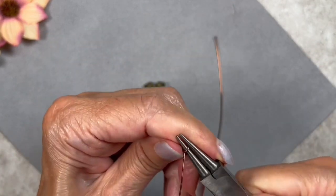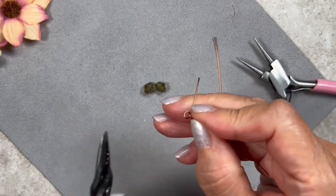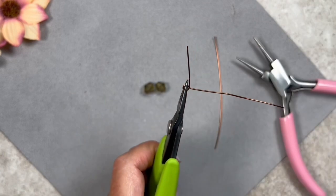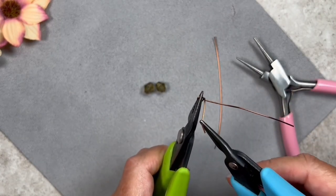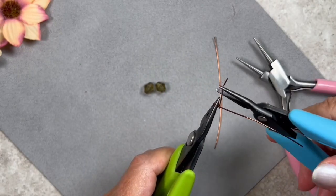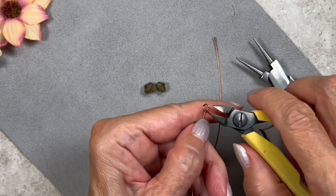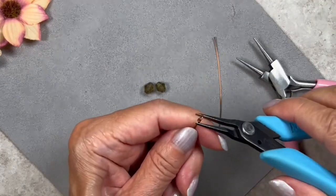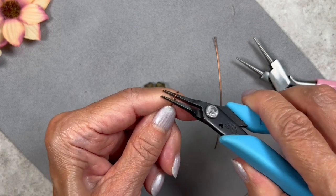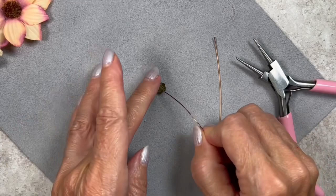wrap it around to the back, grab the loop with some skinny pliers, grab the tail, and do a couple of wraps, cut off the excess, tuck the little tail in, thread a bead on,